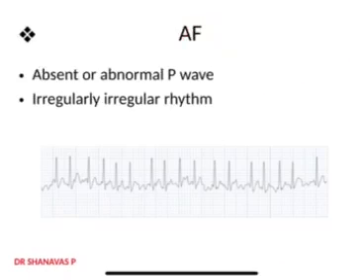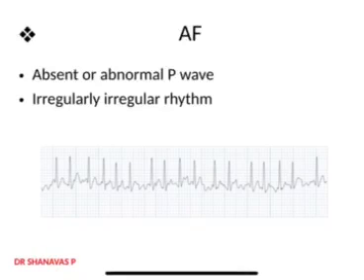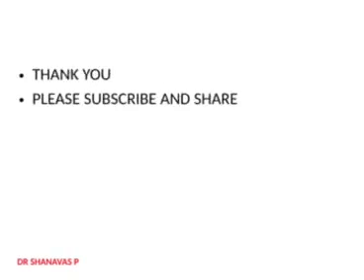Clear? So this is the last abnormality, AF. We will be discussing AF in a separate chapter, but we cannot leave without saying anything about AF when we are talking about an abnormal P wave. We know that in atrial fibrillation there is an irregular rhythm with an absent or abnormal P wave. A detailed discussion will come later, so you have to wait for that class. So this is about the basic things about the abnormal P wave.